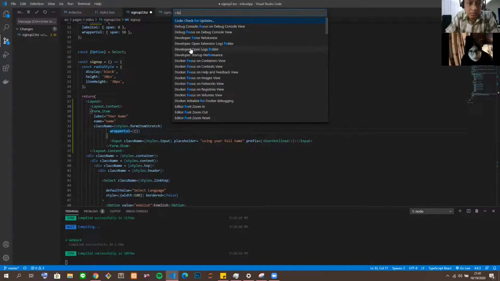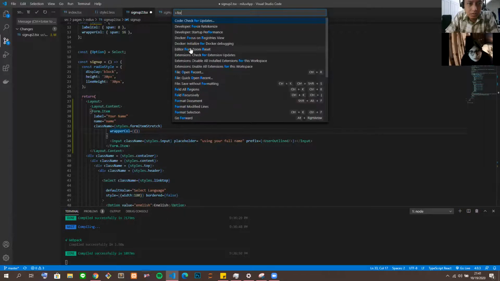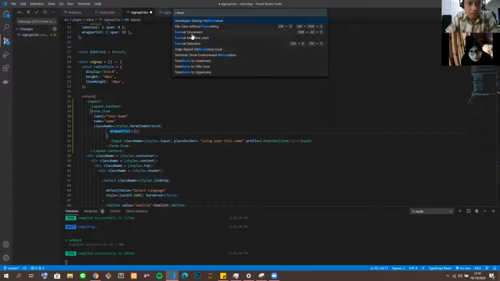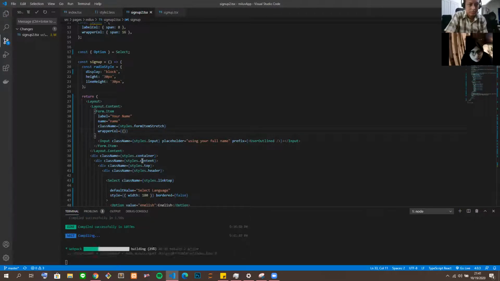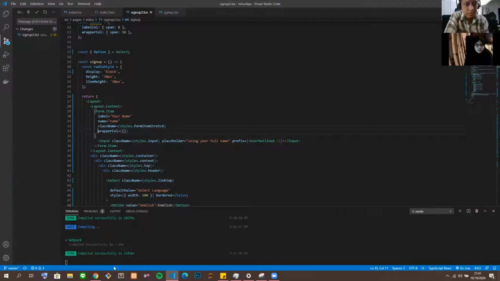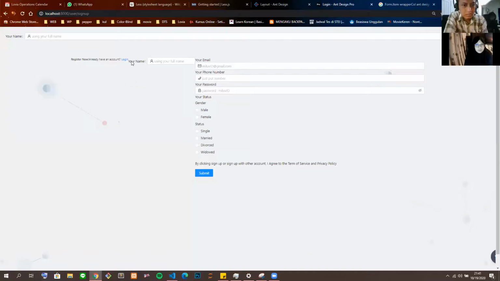Format document. Okay. So actually that one is working nicely, the content one. So yeah. Okay. So now we have the content